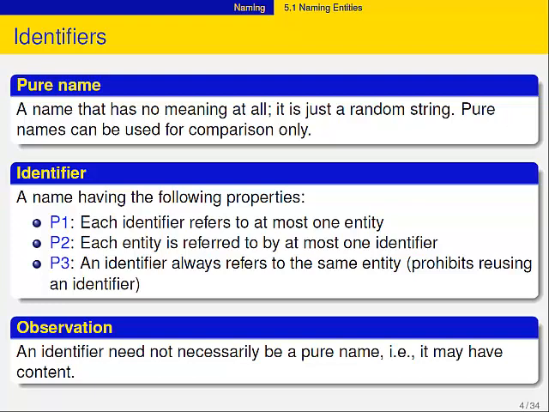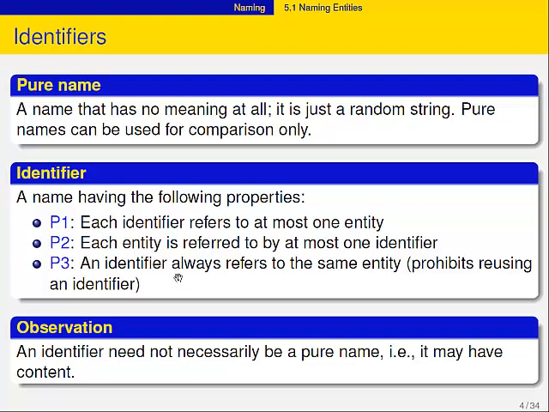So what's an identifier? Every identifier refers to at most one entity. Preferably so. You don't want this identifier to say, well, it's that person and that person. That will be wrong. Every entity is referred to by at most one identifier. Preferably so, not strictly necessary. It depends a bit on your context. But you would like to have this one-on-one relationship between an identifier and the entity.